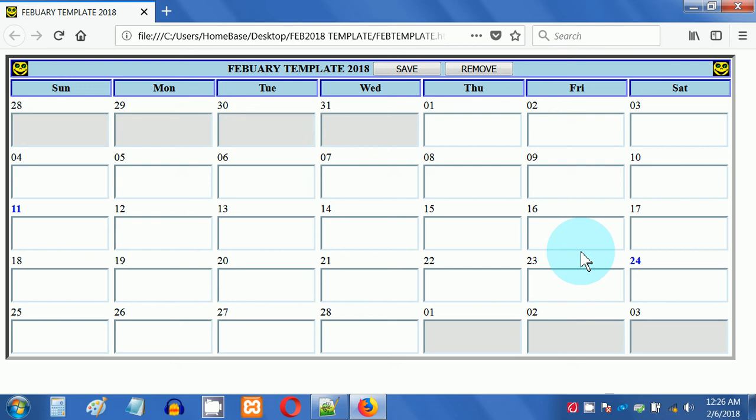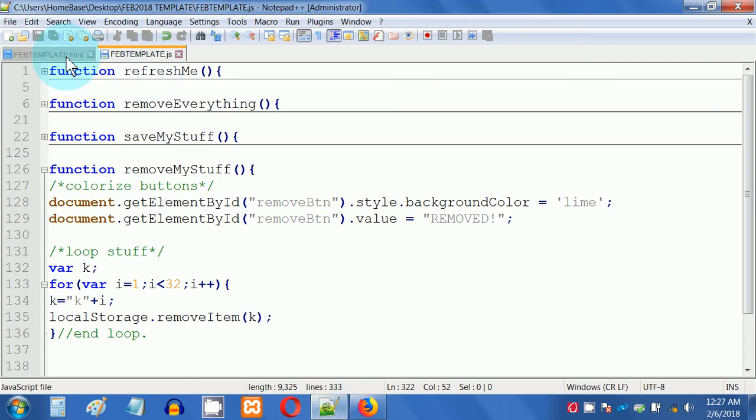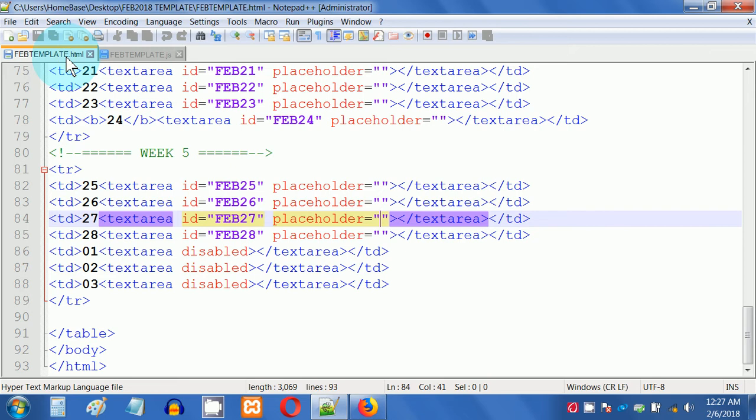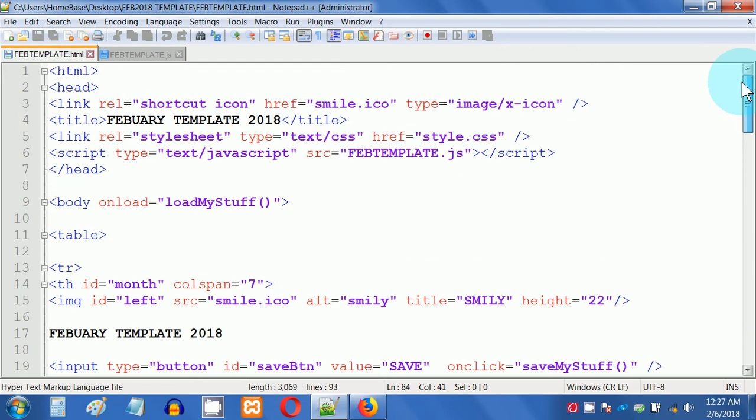Another thing we can do inside the code is we can populate what some of these text areas say by using an attribute called a placeholder for the text area, and I will show you that really quick in my febtemplate.html. As you can see, if I go up to the top, we've got our HTML, our head, we've got various links here. There's the link for the image that